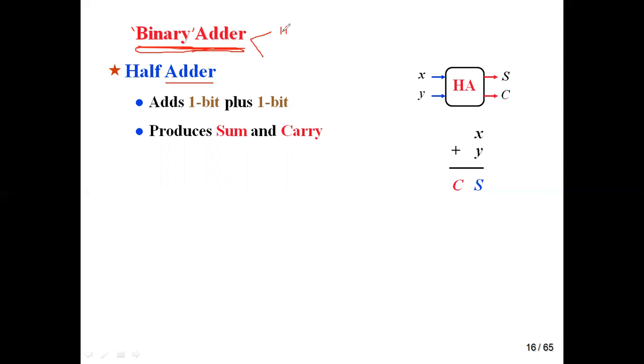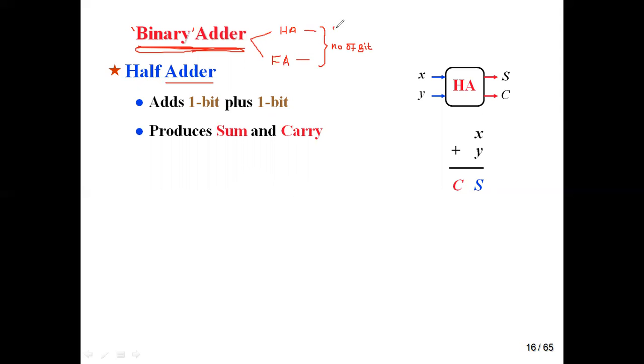One is called half adder. Another one is called full adder. What is meant by half adder and what is meant by full adder, or how do we define this? This is based upon the number of bits that are going to be added. I repeat once again, how many bits are going to be added? Based upon this, it is defined as half adder or full adder.